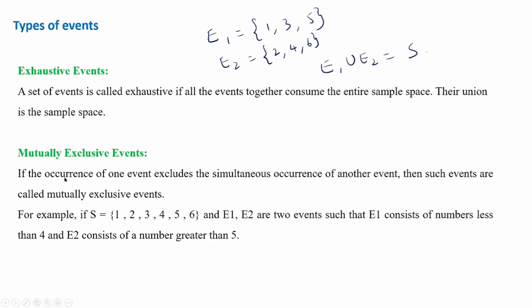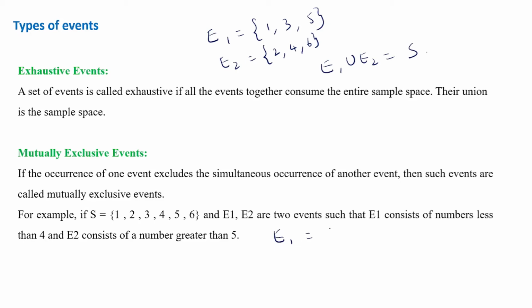And next, moving on to mutually exclusive events. If the occurrence of one event excludes the simultaneous occurrence of the other, then such events are called mutually exclusive events. For example, if the sample space S is equal to {1, 2, 3, 4, 5, 6} and E1 and E2 are two events such that E1 consists of numbers less than 4 and E2 consists of numbers greater than 5, then here